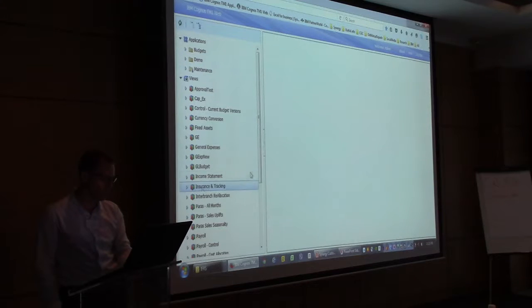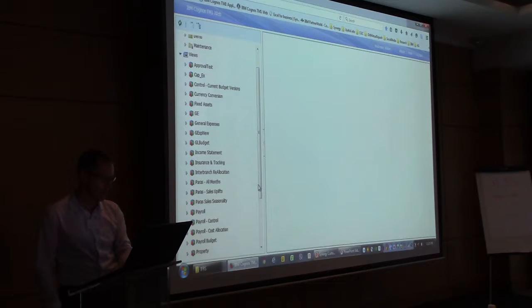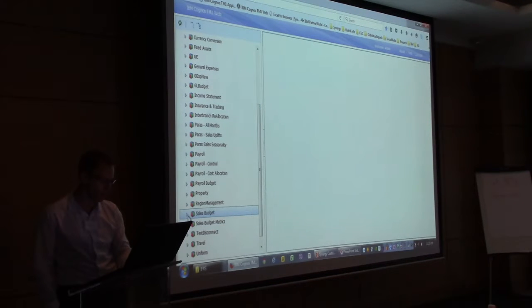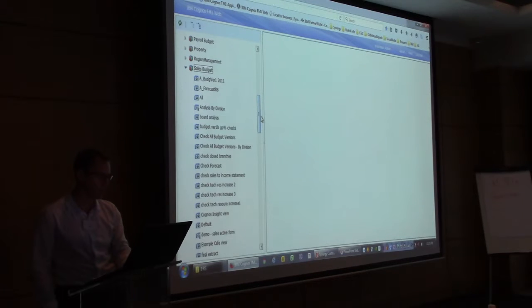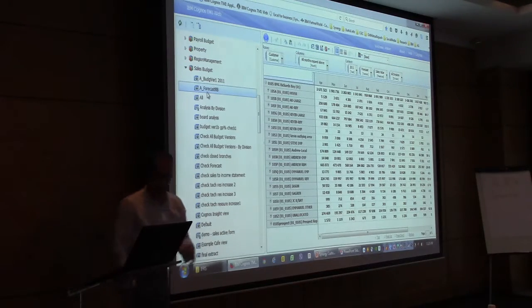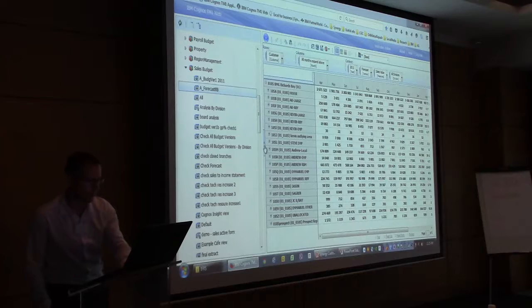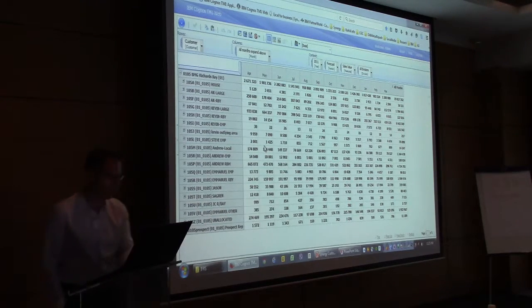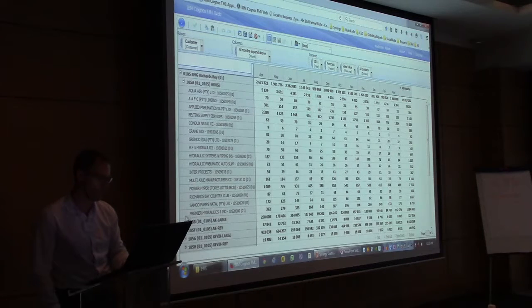The first thing is you can scroll down any one of your cubes. So if I go down into sales budget, for example, you'll see all the views that I've been given permission to are there. And if I click on a particular cube, it gives me the ability to see it. If I just hide that away, it's a cube view, giving you a slightly prettier view than the cube viewer. So you can drill down and it shows you your accounts, etc.